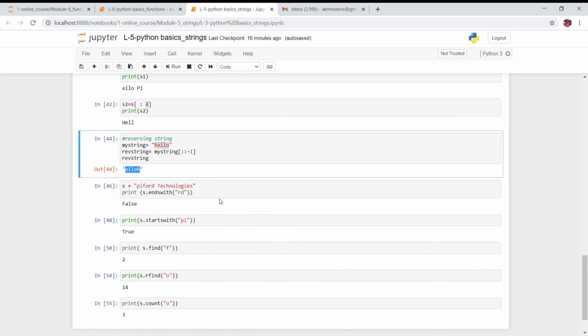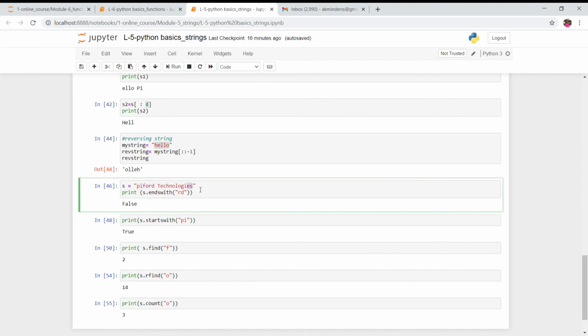Now let's suppose you have this particular string and you want to see whether the string present in the s variable ends with rd. You want to check whether this particular string is ending with RD.